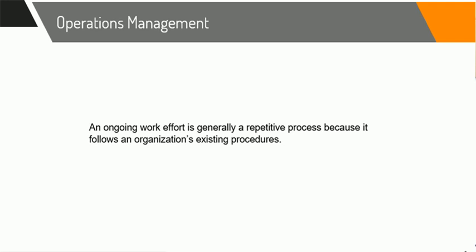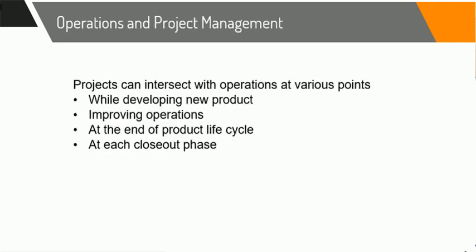It is also concerned with managing the processes to transform different inputs like material, components, labor, and energy into outputs like goods and services. The basic aim of this discussion is to understand that operations and project management are interrelated, and they intersect each other at various points. Such as when we are talking about changes in business operations, it may be focused on a project, especially when there are major changes in the business operations as a result of a new product or service.